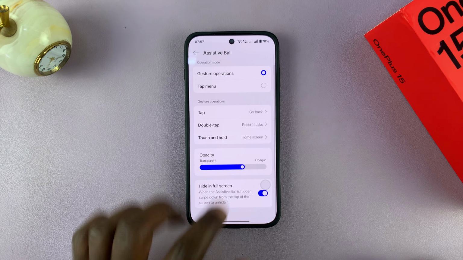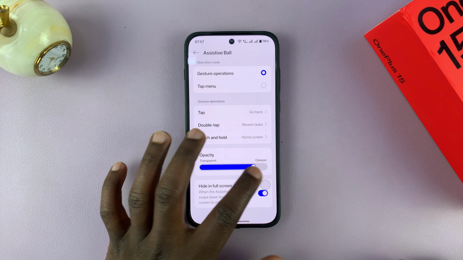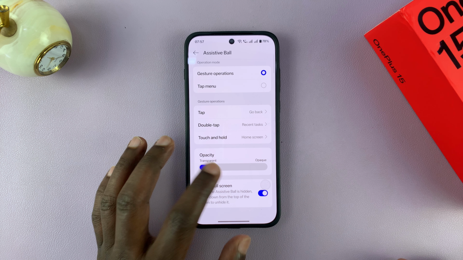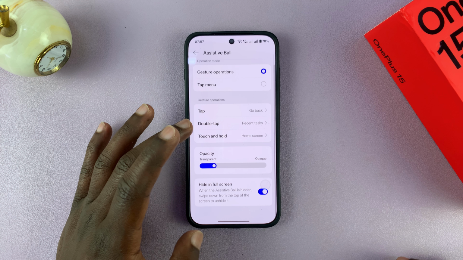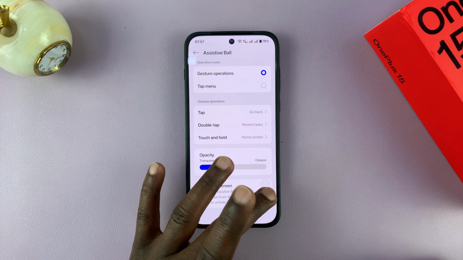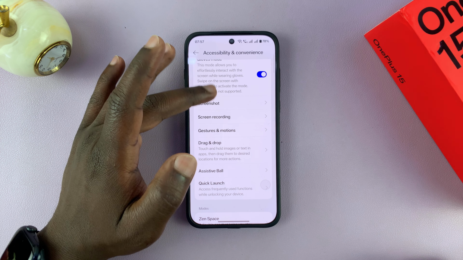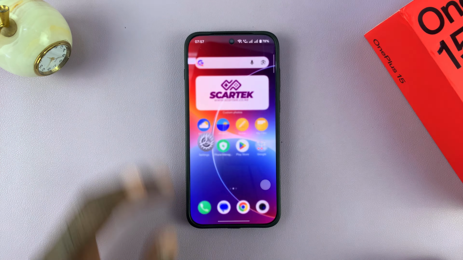Now also you can adjust the opacity of that assistive ball. So if you find it intrusive, you can just put the opacity somewhere close to as transparent as possible, and also you can choose to hide or show it in full screen using this button. So that is the assistive ball, and that's how you can enable it, customize it, and use it on your